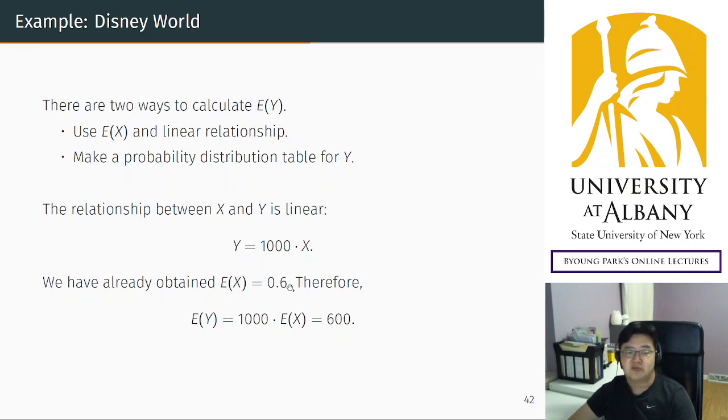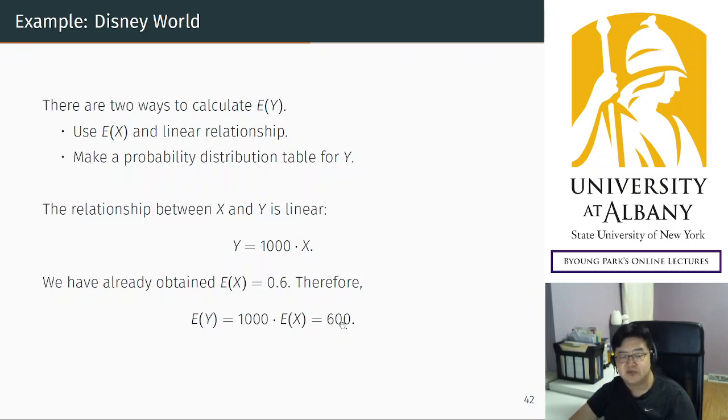So the average number of trips is 0.6. Therefore, we know that those two have a linear relationship, and I know the original mean. Therefore, the mean of the new random variable is just plugging in the mean of x in this linear relationship, which is